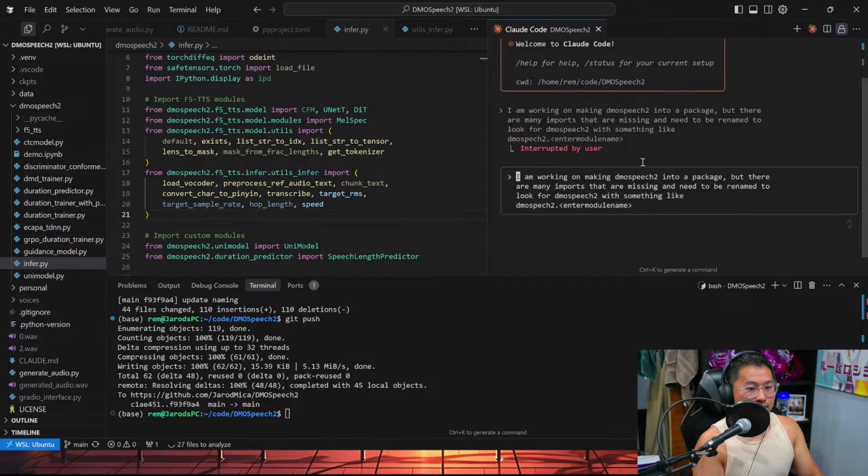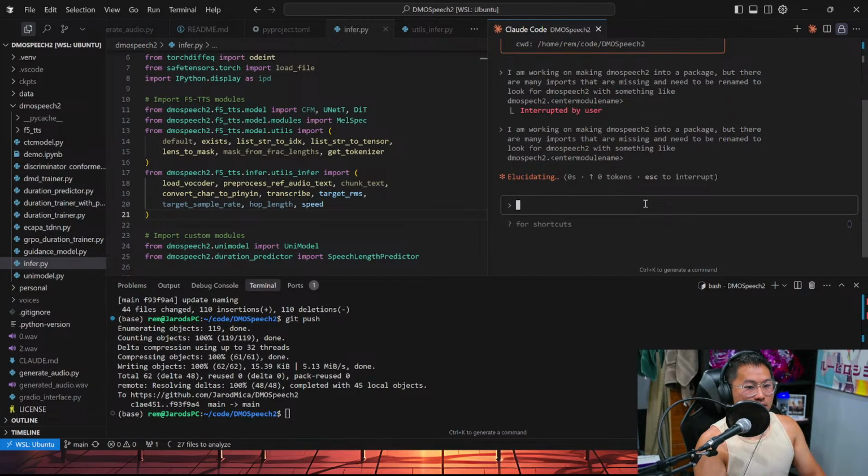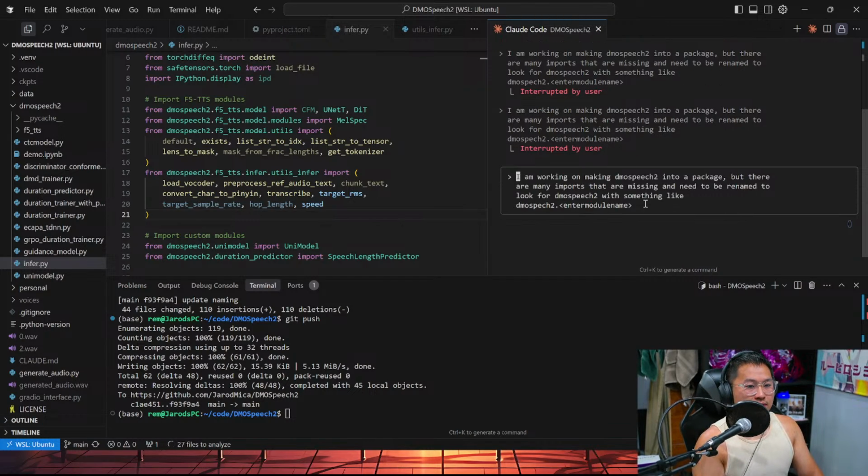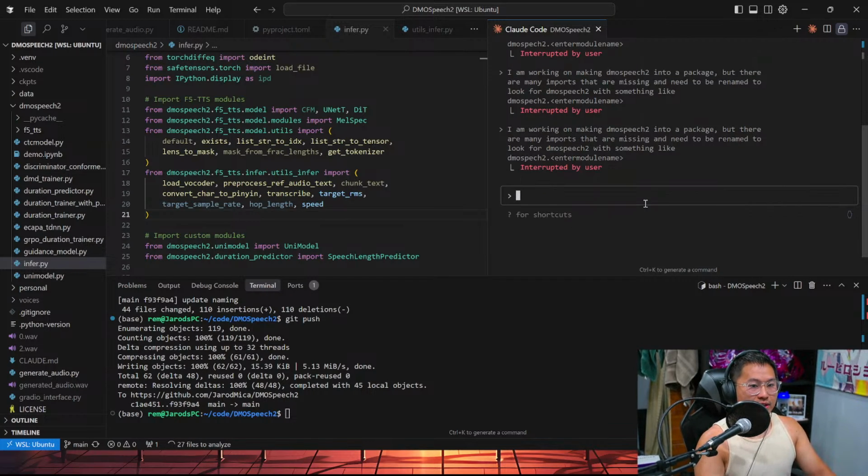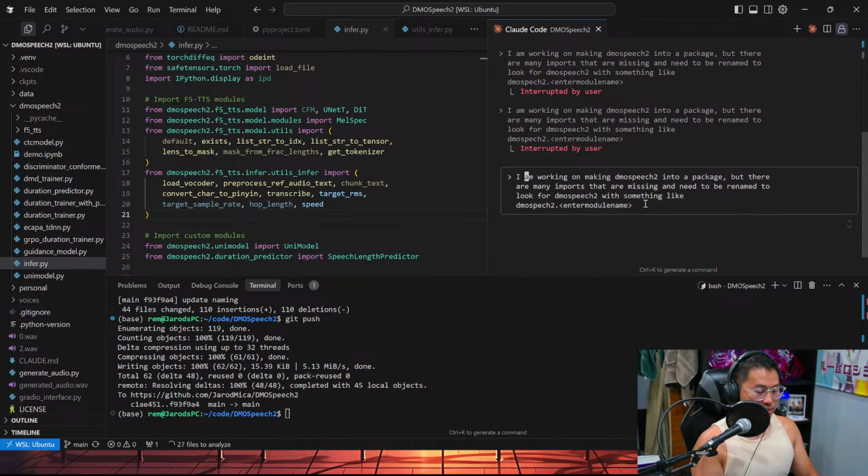Wait. What is going on? Yesterday I was able to do shift enter with Claude, and it would allow me to enter new stuff, but I guess not today.